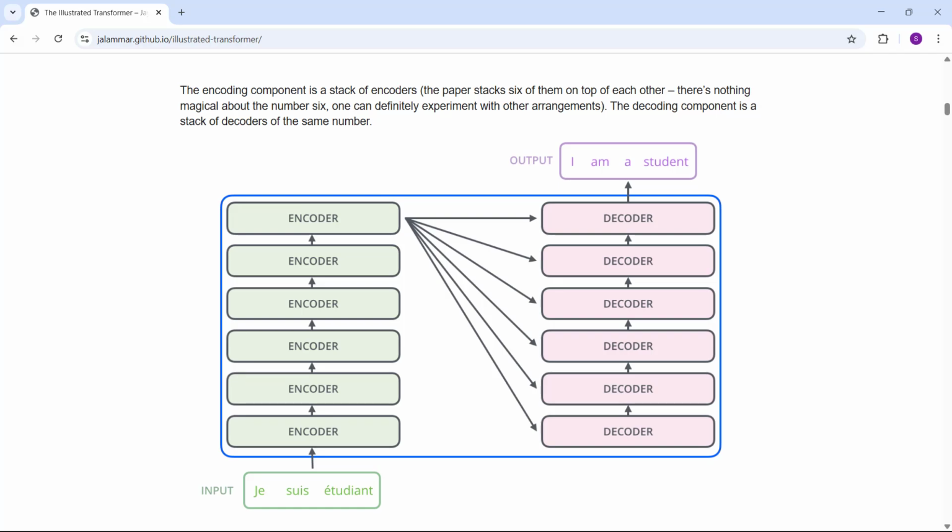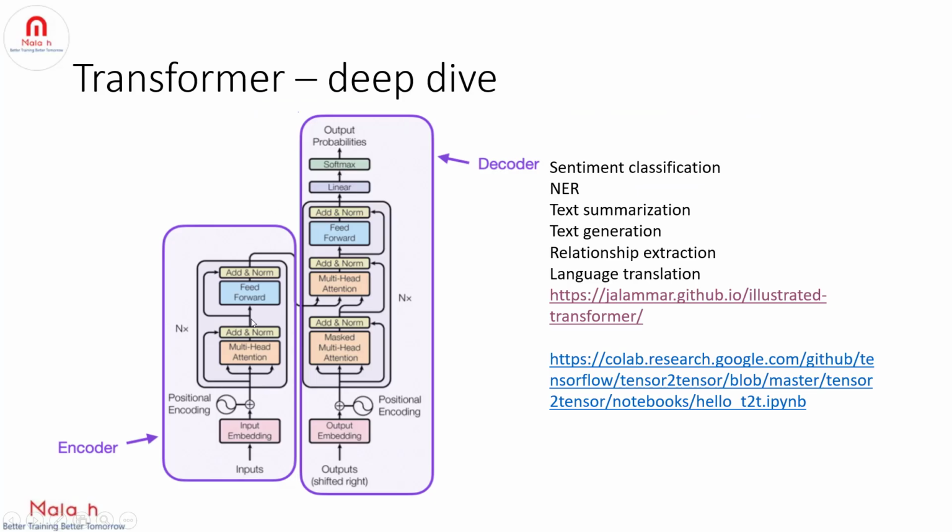So depending on the task that you are trying to work on, you need to pick either encoder or encoder decoder model, right? For example, for language translation we used both encoder and decoder, whereas in classification you just need the encoder itself, you don't need the decoder because you're not trying to generate anything. And in case of NER, just the encoder is enough because you're not trying to generate anything, so you don't need the decoder. And when you're trying to predict the text, right, you're trying to generate something, in that case you need GPT, you don't need the encoder, right?